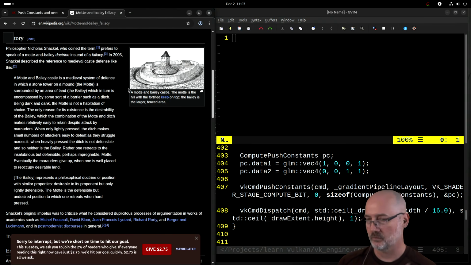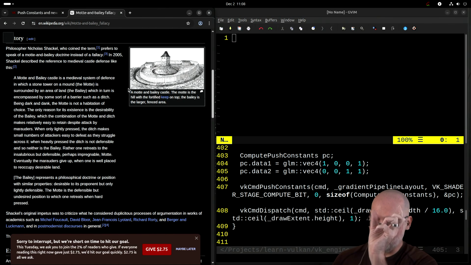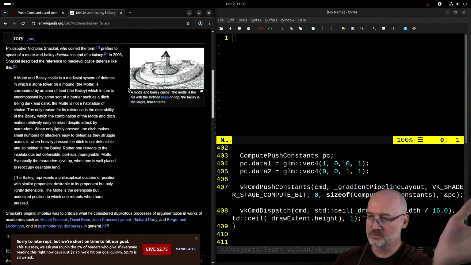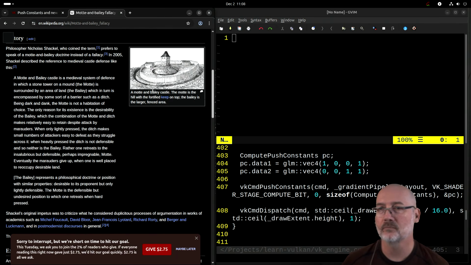People will put forward something really ridiculous. When you challenge the ridiculous stance that they put forward, they run back. I mean, you'll hear people say, you're moving the goalposts. What they're really doing is Mott and Bailey. They go back to the safe thing to defend in the argument. And then when they defend that, people are convinced they've defended the whole statement, but they didn't. They only defended that one tiny part, right? Okay, so